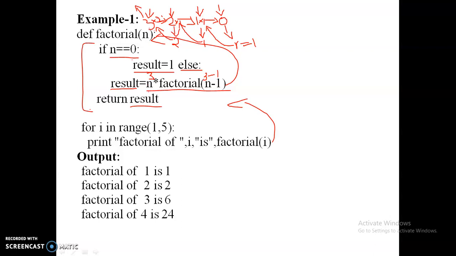Again it executes the third one, returns the result, closes the copy, and then the final one. Initially it opens all the copies of the functions, and in the back, whenever it reaches the termination condition, it closes the functions one by one, returns back to the previous copies, and closes the functions from memory also.